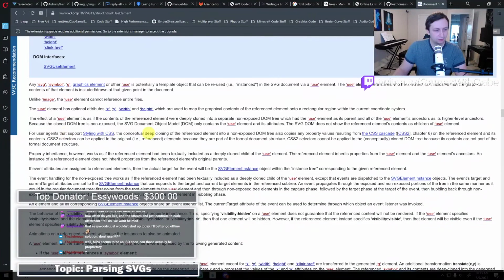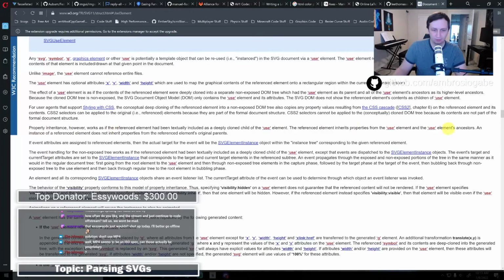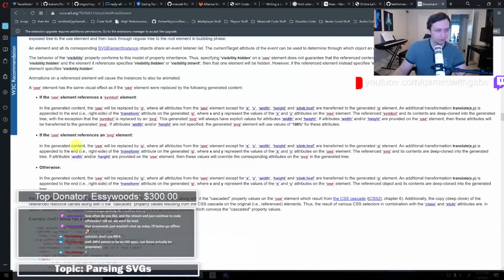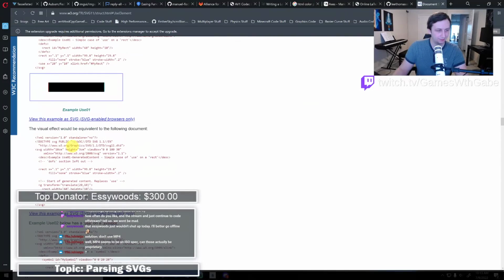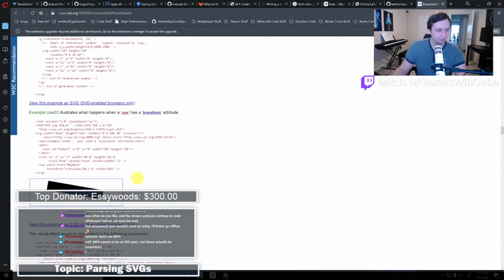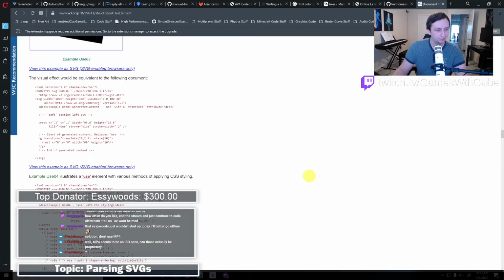For user agents that support styling with CSS, property inheritance. Oh, dang. So the referenced element inherits properties from the use. So it can get pretty complex, but the good news is, like I said, we only have to support a subset of this, and then I can expand it as I go on. It's kind of like a separate side project thing.